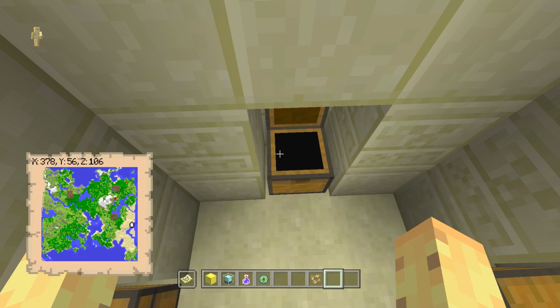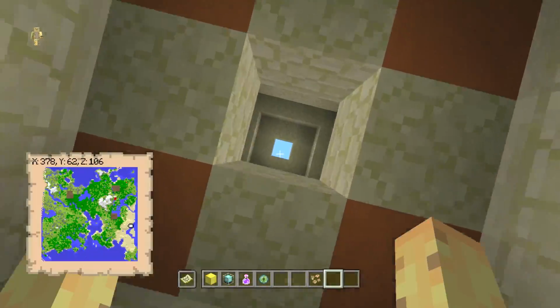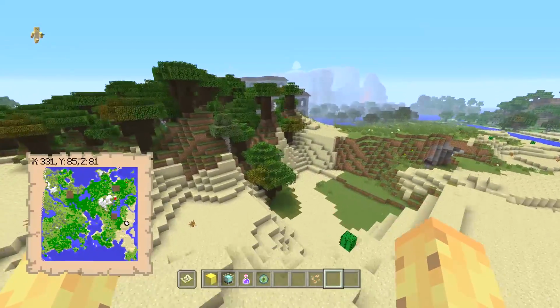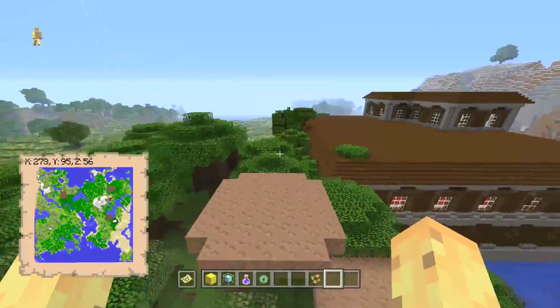It's free in this desert temple. Then over here, we've got 2 golden apples and a diamond. So 2 golden apples, like 6 enchanted books, and Thorns free, the best enchantment, but it gets better than that, because if we head to the northwest a little bit, as you can see over here, we've got our first